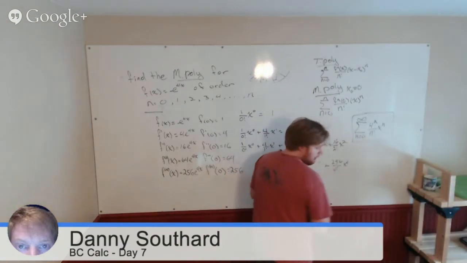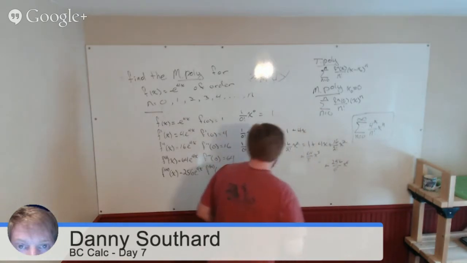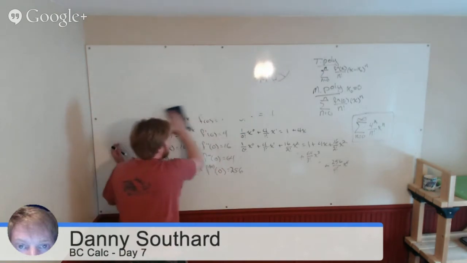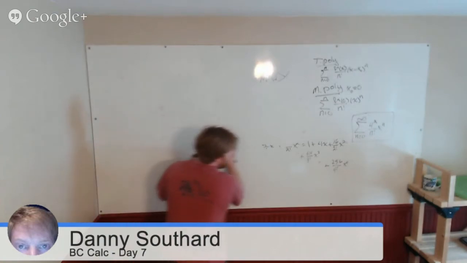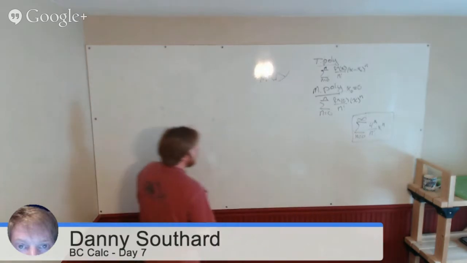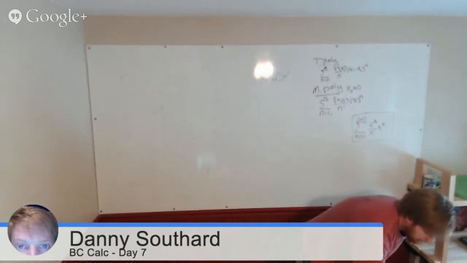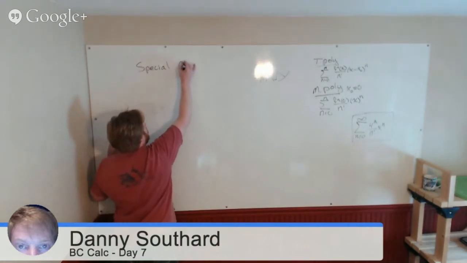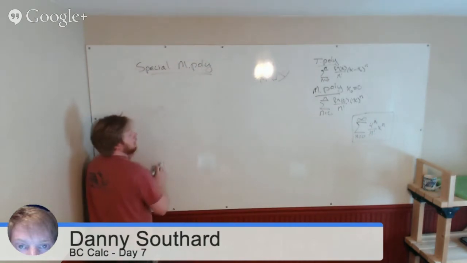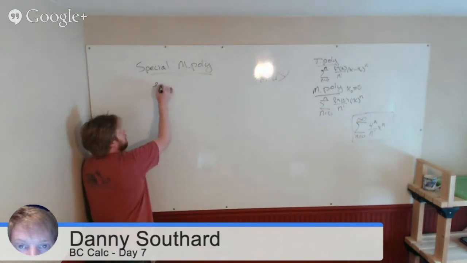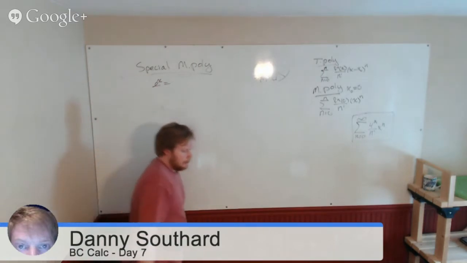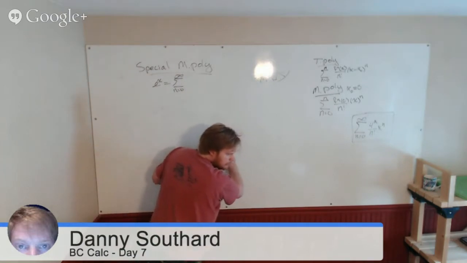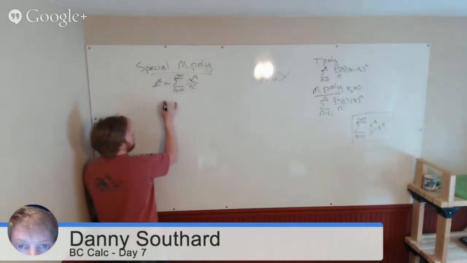All right. So I'm going to keep this up for a second because I want to talk about some special polynomials. One of the special Maclaurin polynomials that we know is e to the x. The Maclaurin polynomial for e to the x is the sum of x to the n over n factorial,